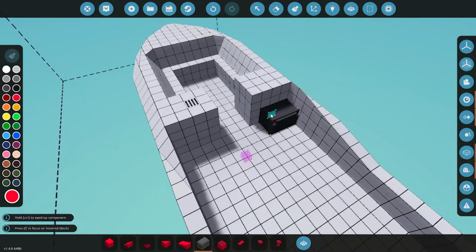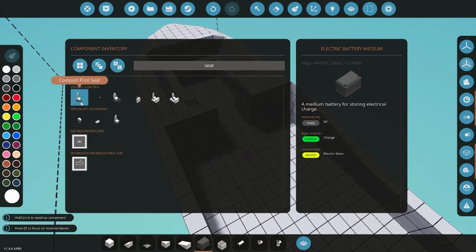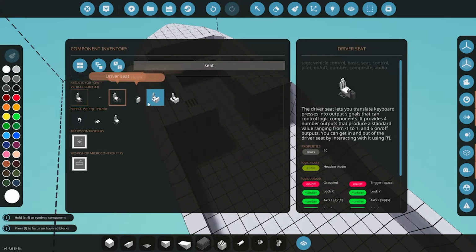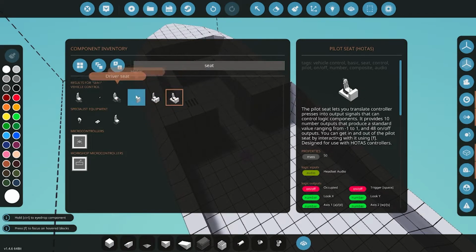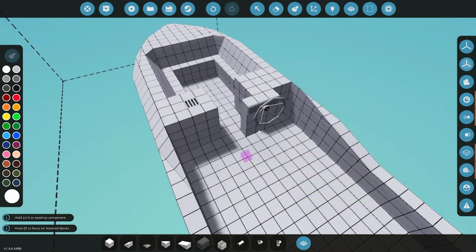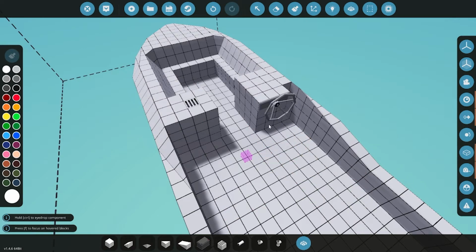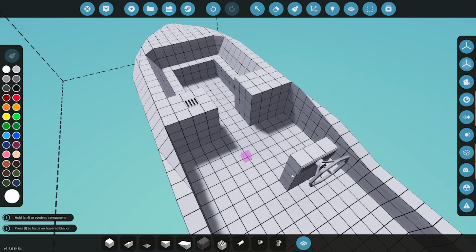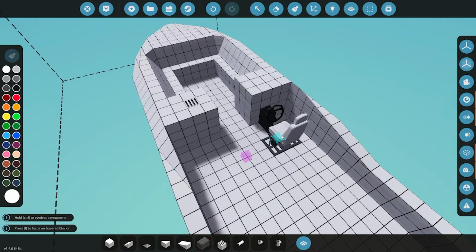We have a couple options when it comes to this. Let's change our colors here. There's different kinds of seats: compact pilot seat, a driver's seat, a helm, a pilot seat. Now, one might be very tempted to think that a helm is the way to go here, and it certainly is a valid option. There's a lot of good reasons to not use a helm also. Specifically because we're imitating those sort of pleasure craft that were made to look and feel like cars, I'm going to go ahead and grab the driver's seat with the steering wheel